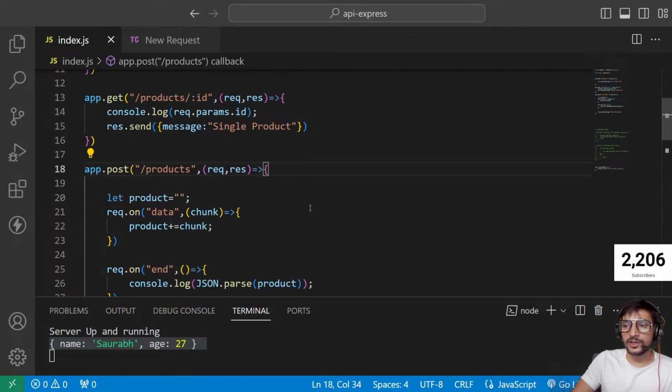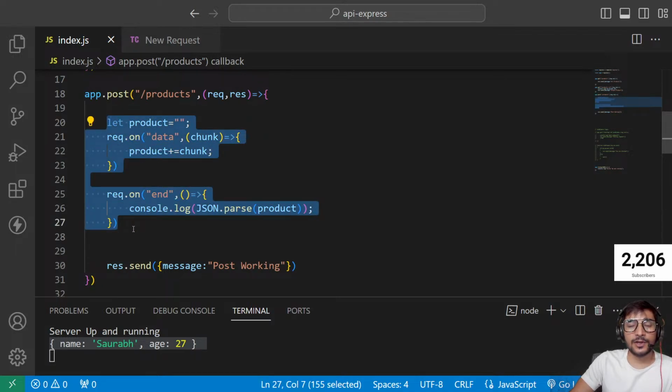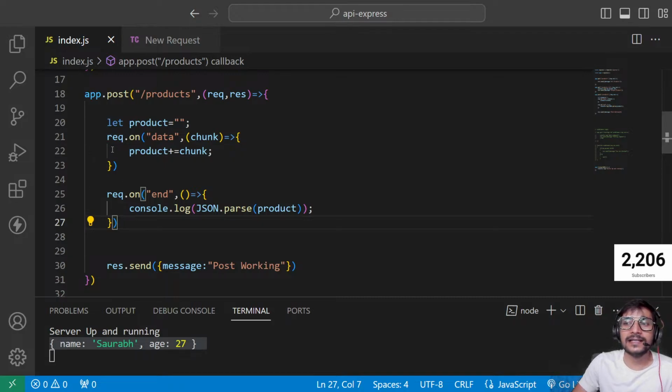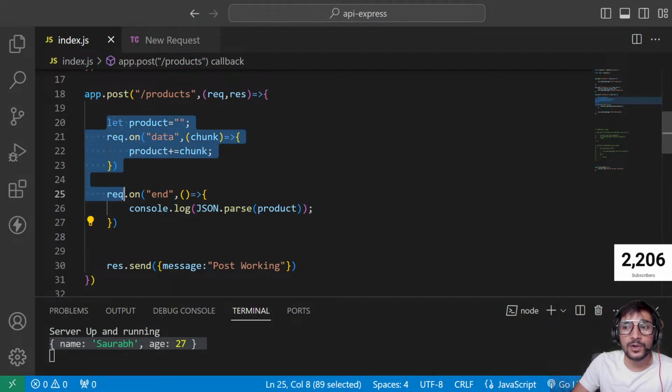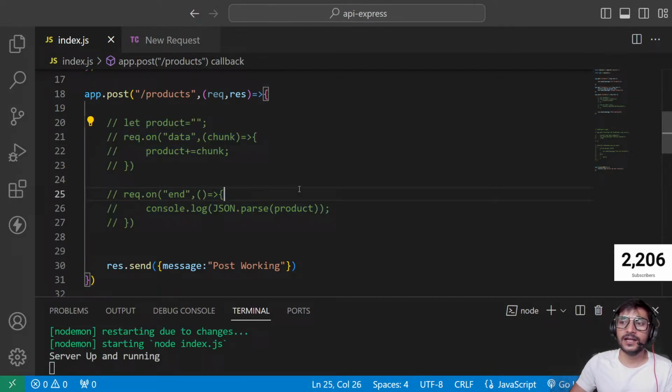Okay, so now guys, you might ask, sir, why are we still handling our data like this? As I told you that Express will make it easier. So why are we still handling our data like this? So guys, shall we move ahead and make it easier? Now guys, if you're using Express, you don't have to worry about receiving data chunk by chunk, waiting for the stream to end and parsing data. What you can do is, don't do all of this. Just go ahead,